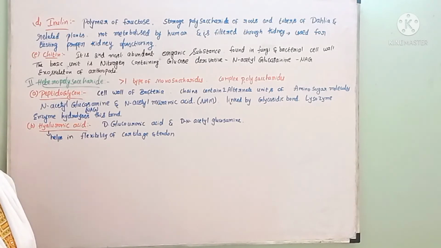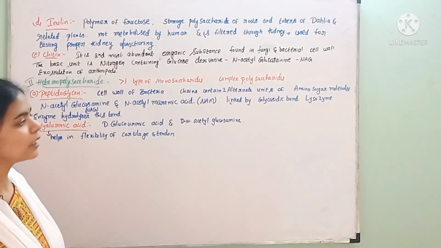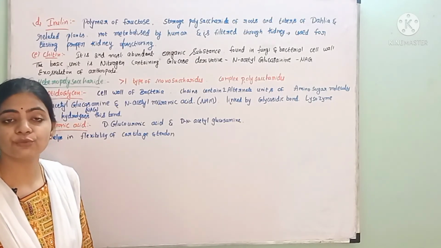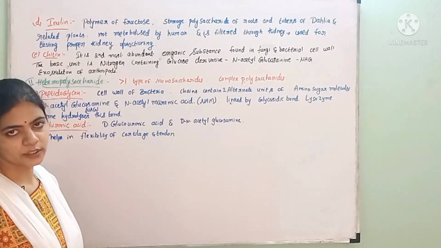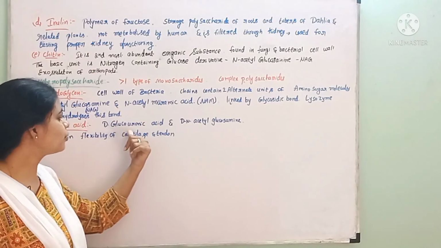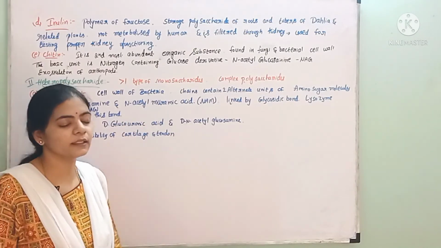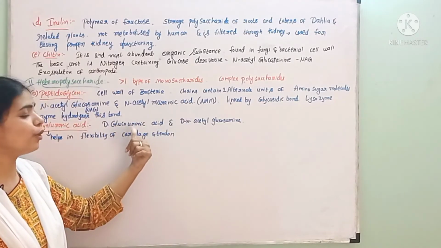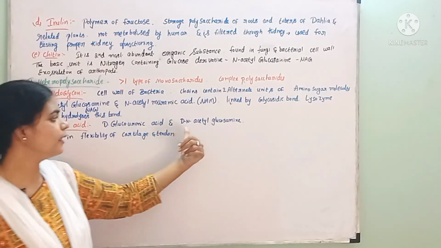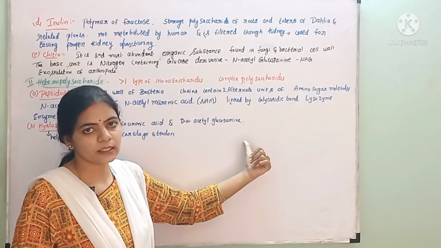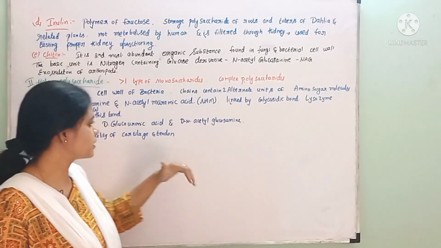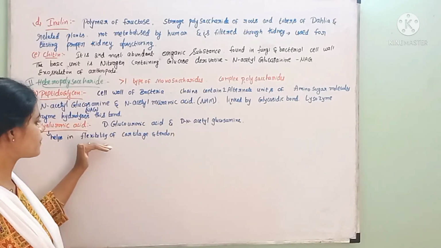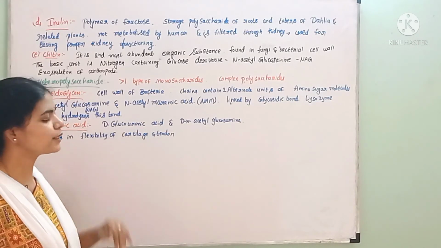And the last one is hyaluronic acid. It gives flexibility to the tendons and cartilage, and it consists of D-glucuronic acid and D-N-acetyl glucosamine. D-glucuronic acid is a carboxylic acid. D-N-acetyl glucosamine is a derivative of glucose units. So this hyaluronic acid is made up of these two units, which give flexibility to the cartilage and